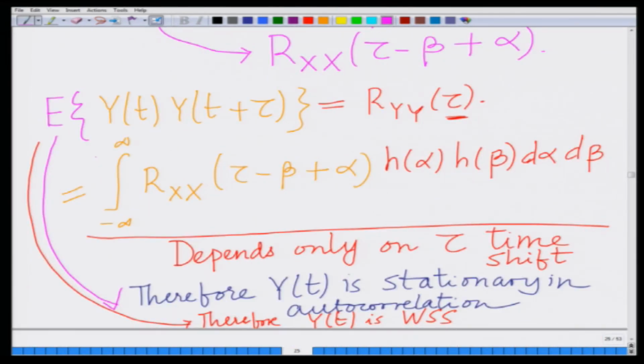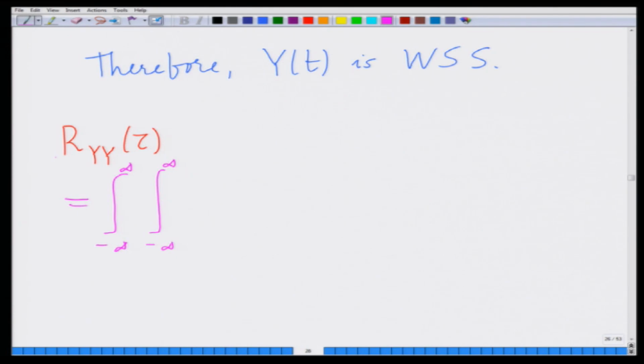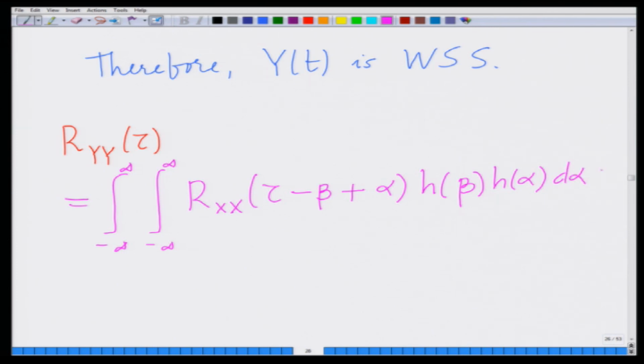This has to be two integrals, one with respect to alpha, one with respect to beta. So, this is basically the integral from minus infinity to infinity of r_xx of tau minus beta plus alpha, times h of alpha, times h of beta,